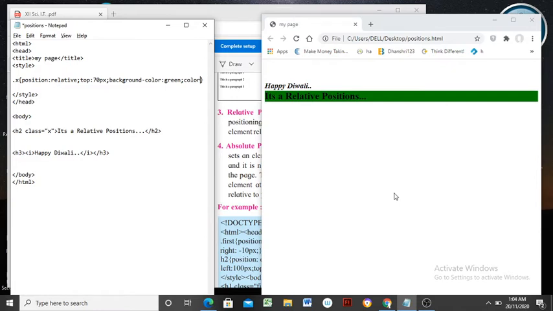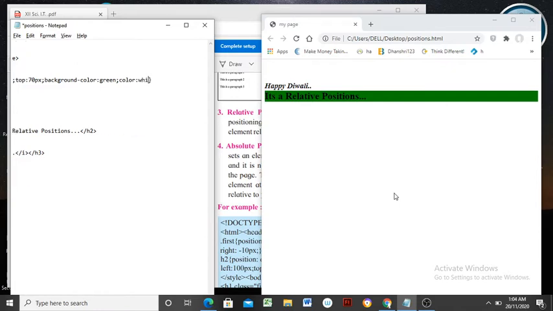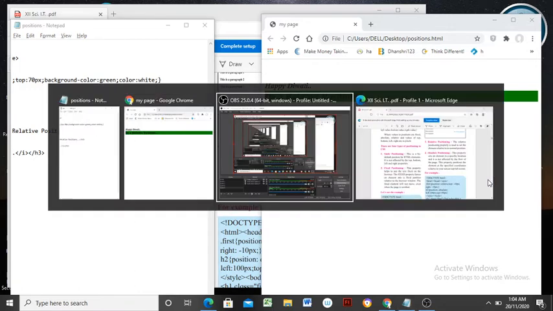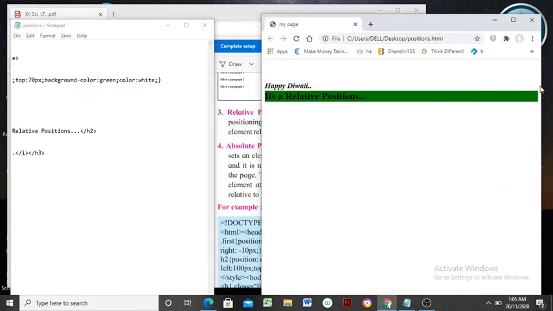Color, a color to be given for such a text in a proper manner, it is possible, as we have seen in style sheets. Okay, see here now. Now these effects will be applicable in a browser's window.